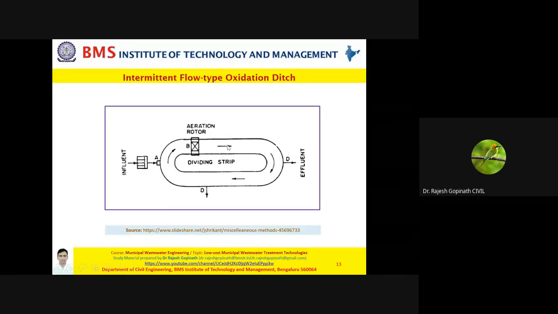When you switch it off, this entire wastewater will start slowing down. It will continue to flow, no doubt, but the rate will be so less. And invariably, what is happening is this ditch portion behaves like a settling basin. So after a given detention period, the supernatant is removed from the effluent. The supernatant is removed from this effluent zone.